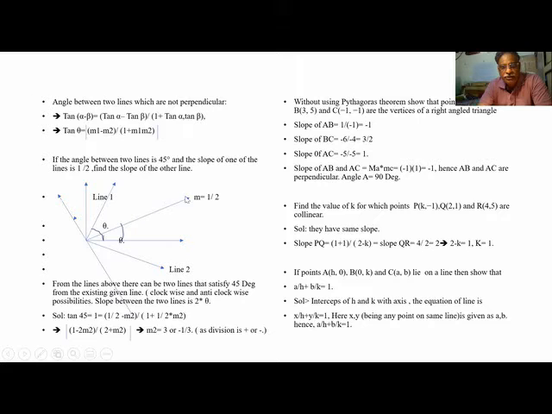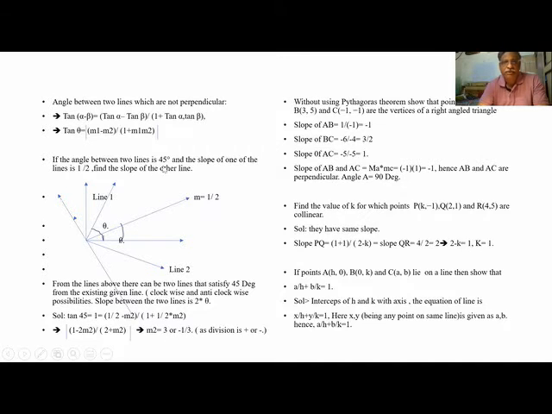So this is the original line with the slope given as 1 by 2. There is a 45 degree angle on this side and a 45 degree angle on the other side. So you can have two lines at 45 degrees, and since 45 plus 45 is 90, these two lines are perpendicular. That is why we have two perpendicular lines at 45 degrees from the original line: you have 3 and minus 1 by 3. This is m2. We have to write both equations because both are possible.